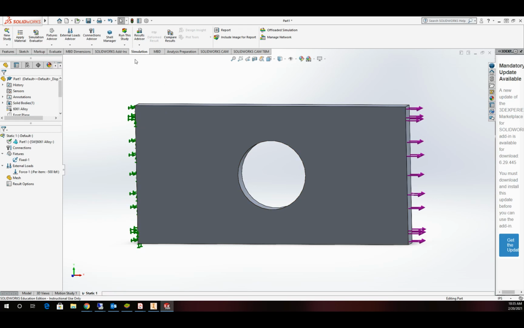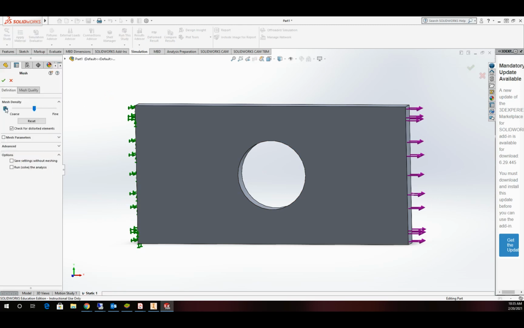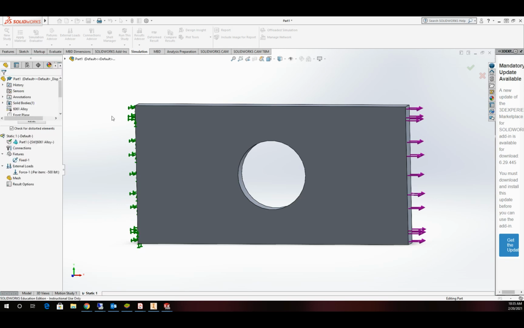So our default meshing option is, if I go ahead and just create the mesh, brings up a dialog box here, and this is a global mesh control for us. And the primary thing that we have here with the basic features is we can use the slider to move from a coarse mesh to a fine mesh. We'll just leave it at the default, and we'll go ahead and click OK, and we should have our mesh